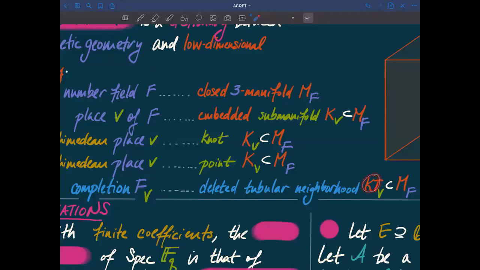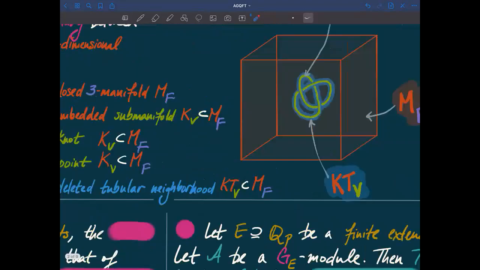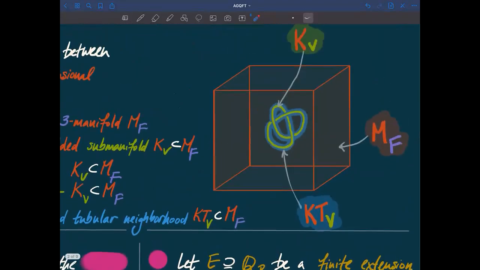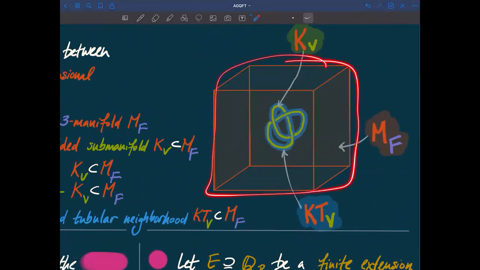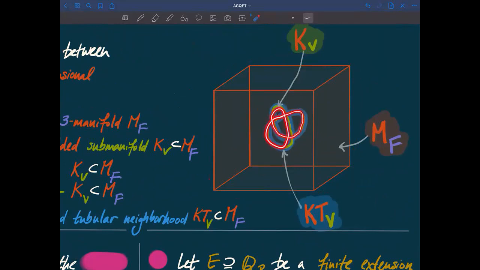KT, this is supposed to suggest the phrase knotted torus. And so the picture is roughly like the following. The picture is that, well, if I've got this sort of bulk here, which is this 3-manifold, and inside this bulk we have these knots that are embedded, corresponding to a non-Archimedean place, that's KV. And then there's a deleted tubular neighborhood around it that surrounds it, which is this KTV,